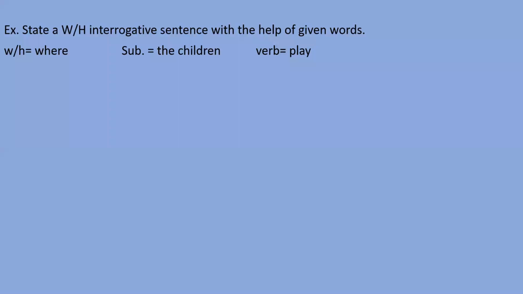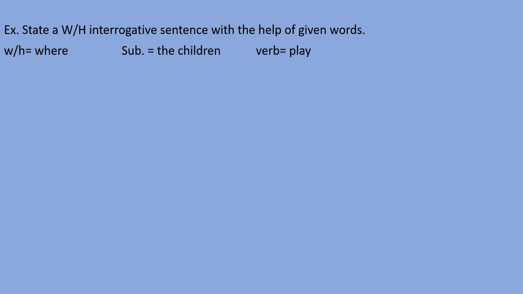Mihika, please tell me, where does? Okay, where does. Mihika, say the complete sentence. Where does the children play? Actually, do and does are the helping verbs of this tense, but remember, children is a plural subject. So with the plural subject, we should use do. So we need to say, where do the children play? Okay, Mihika, come here. Where do the children play?